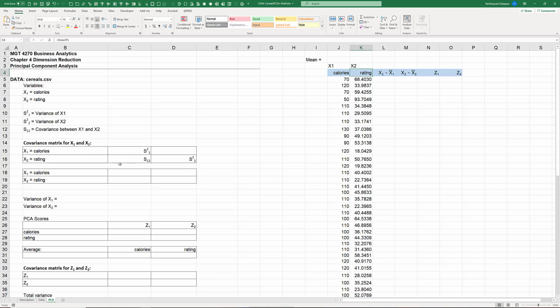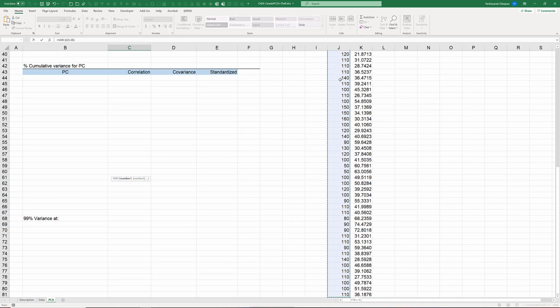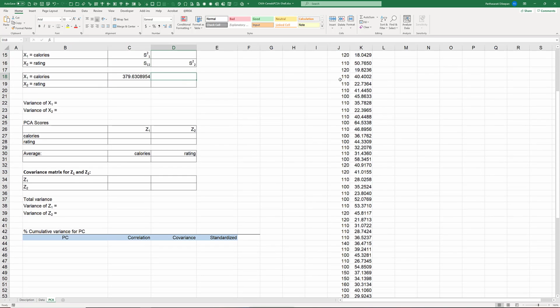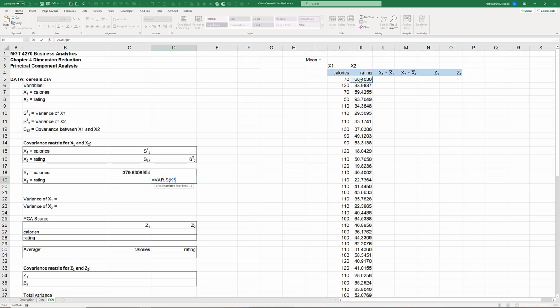We can prepare a covariance matrix like this. If you have the VAR.S function of calories, that gives you the variance of calories. Now the VAR.S of rating,